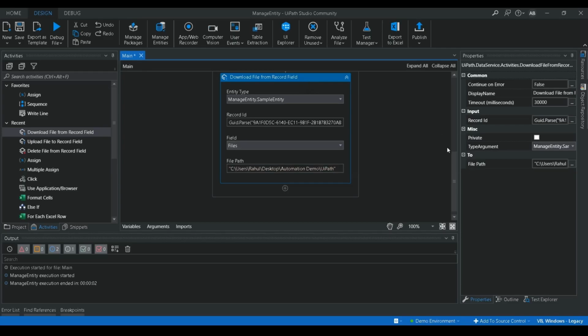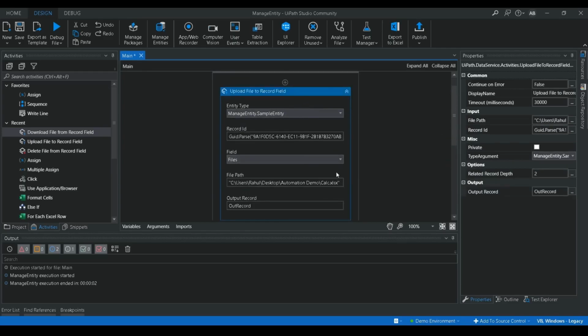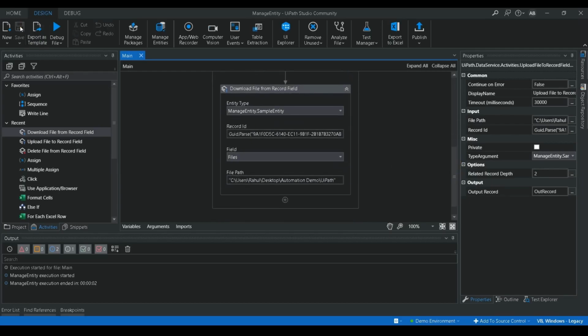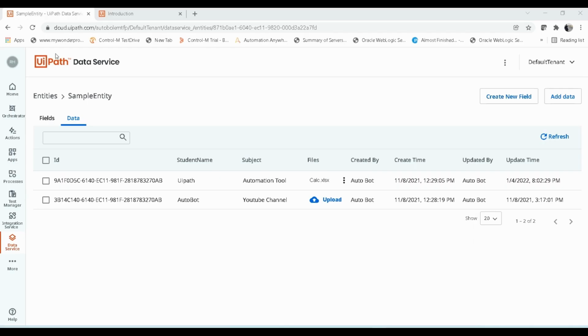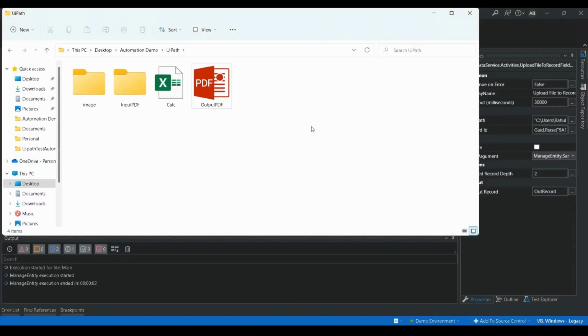Even if there is a file, it will overwrite on top of it, and it will download the file to this folder path. Let me execute. Okay, the execution is completed. Here you can see a file got downloaded, calc, right? So this is how you can upload as well as download a file to your local and upload to orchestrator.